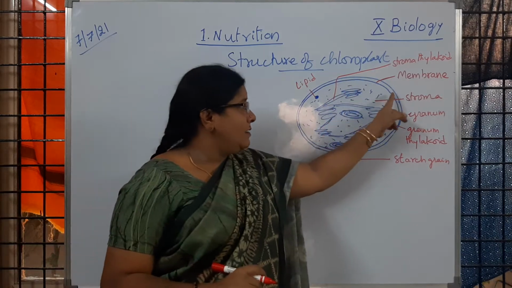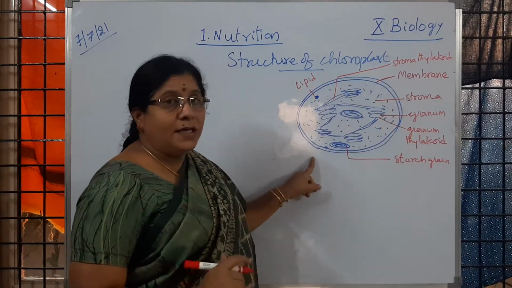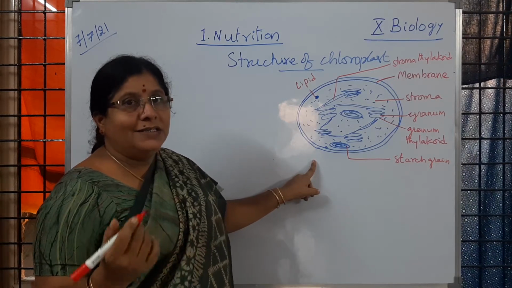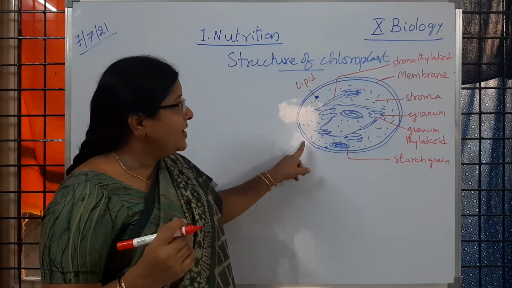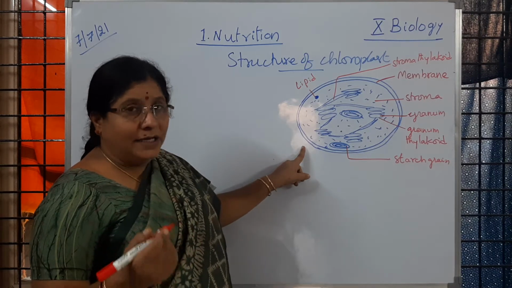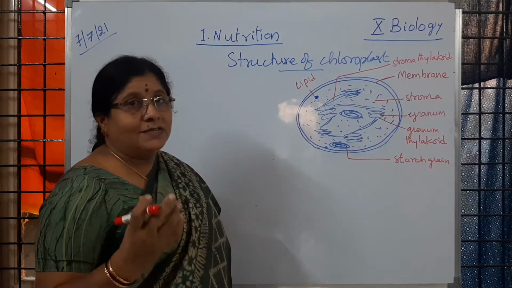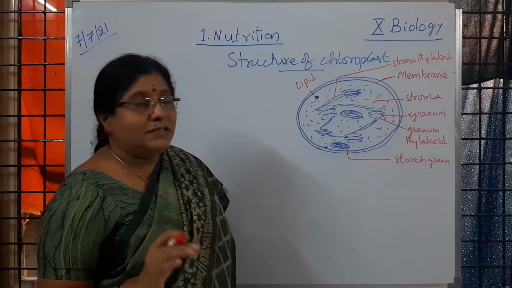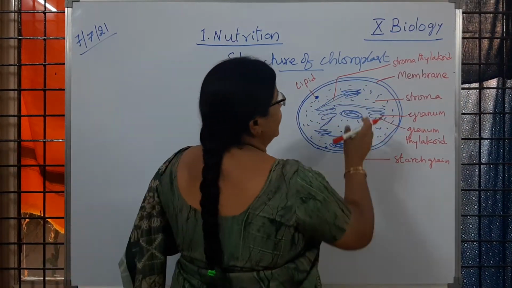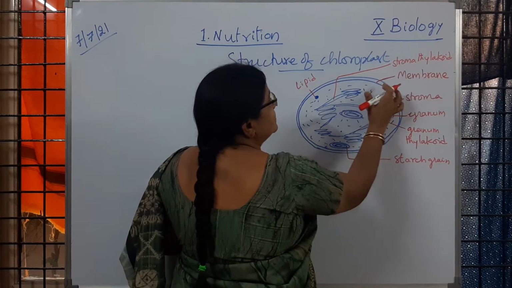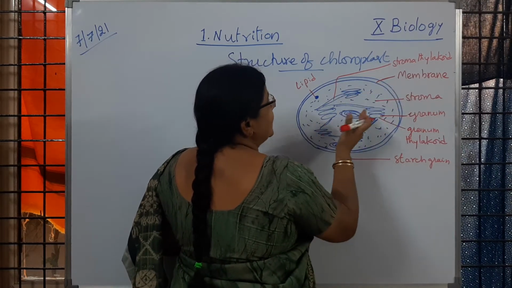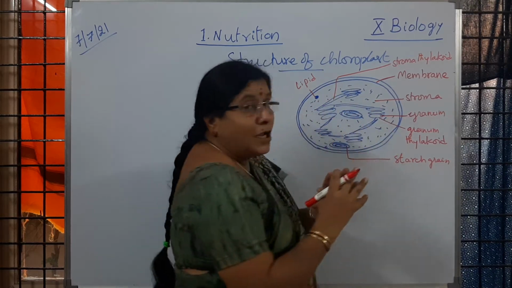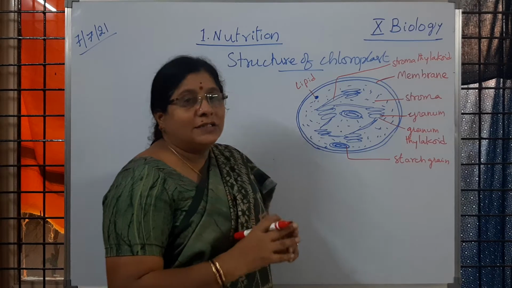Chloroplast is said to be a membrane bound cell organelle. Okay, you read in detail in 9th class. So in today's class also, in 10th class also, you are going to learn the structure of chloroplast. So it is a membrane bound cell organelle which is said to be disc shaped. Then the outer membrane and middle membrane are there. So the third membrane forms a large number of structures.